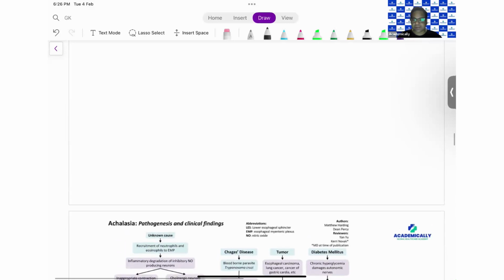Let us go to achalasia. Now, before we see achalasia, there are certain things that we must know about. One is we must know about the enteric nervous system. Okay, so there is mucosa, there is submucosa,